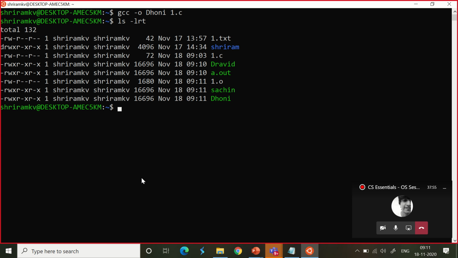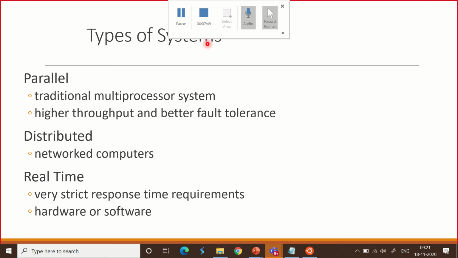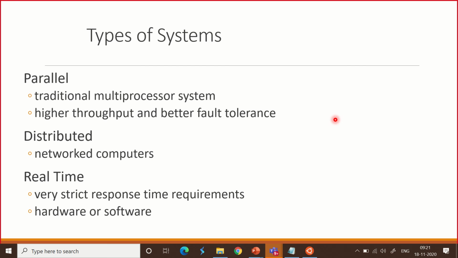I gave you the complete steps one after another which explained the procedure for the conversion of the normal C file to object file to executable file. It happened and I helped you with that. I also told you how to generate the executable file directly with the GCC command. So you can try this out on your machine, and to run this we need to type ./Dhoni or ./Dravid or whatever name you have. It gets you the output. Is it understandable, all of you? Discuss.